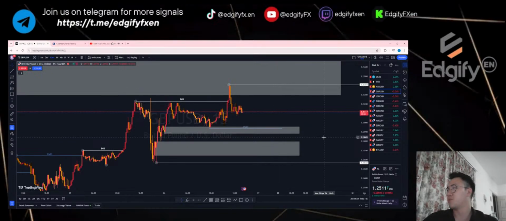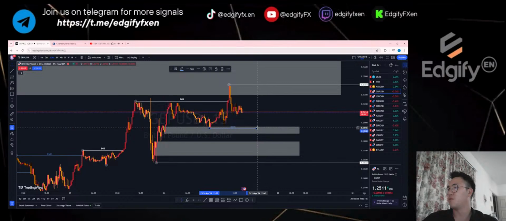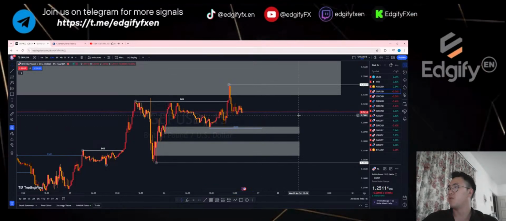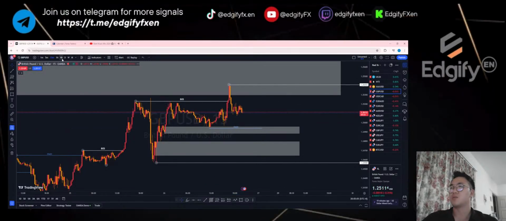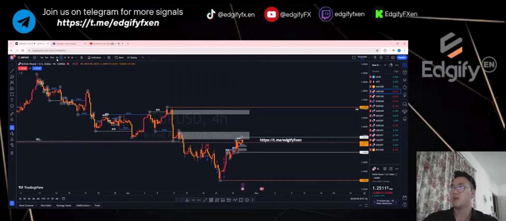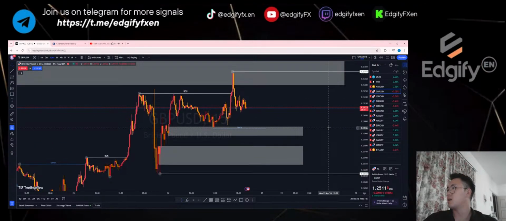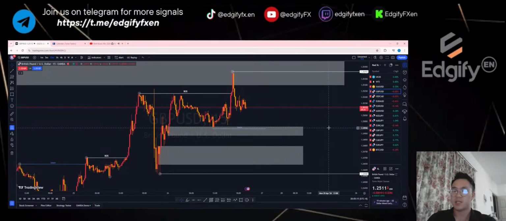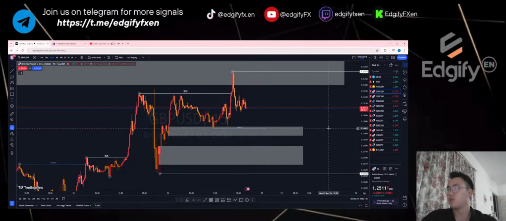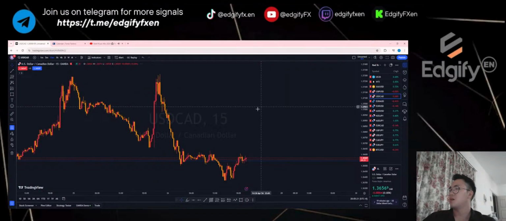Of course, I'm looking to take a sell position more than a buy, because I want to go along with my hour 4 direction. So on my hour 4 I'm going to be looking for sells on GBPUSD. For gold and GBPUSD at the moment, we're just going to keep an eye first to see how it goes before we actually take any action.